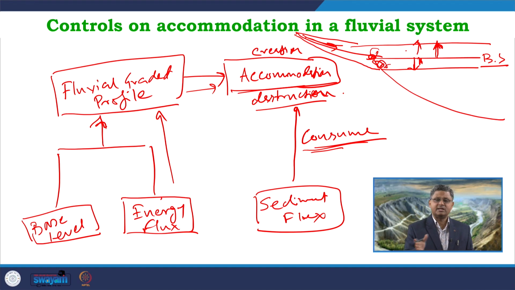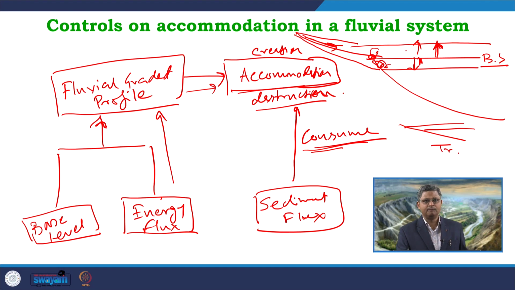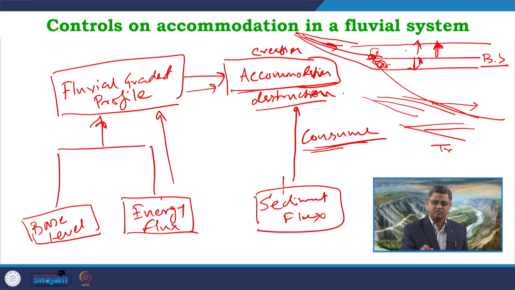And depending on this amount of accumulation, what we can expect is either the fluvial system is covered up by the marine system, so we get a transgression over here, or the fluvial system will gradually come over the marine system, so we get a progradation and a regression over there. Which one will be allowed will depend on how much sediment is supplied and how much of this accommodation is getting fulfilled. So, again I will go back to that basic equation, T plus E equals S plus